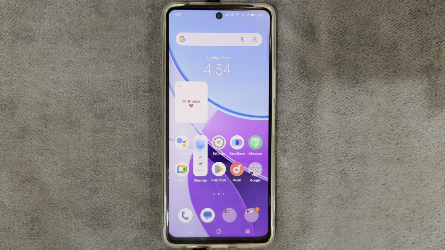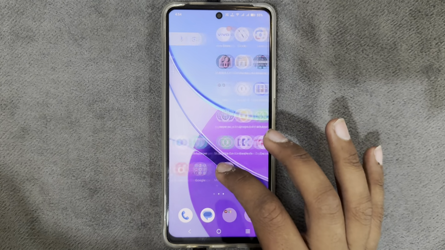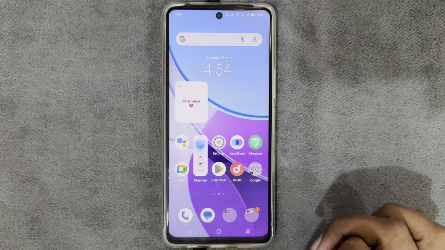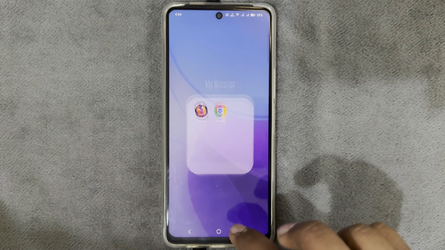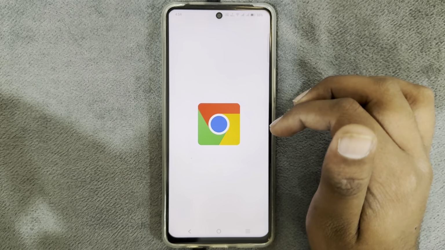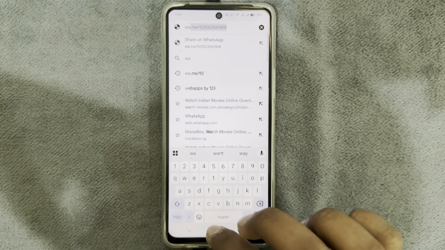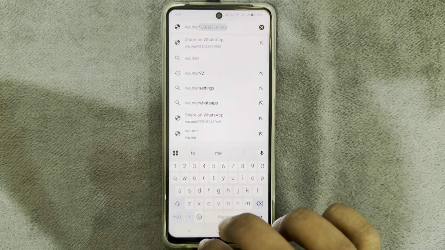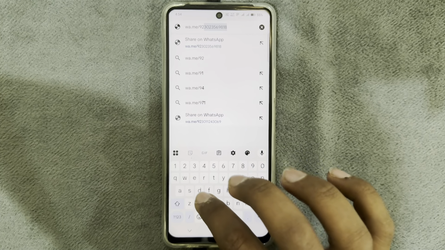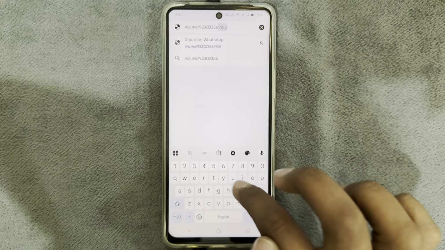So today I'm going to tell you how to WhatsApp an unsaved contact. If you want to contact your unsaved contacts on WhatsApp, you just have to open your browser and enter the code. Here you just have to enter wa.me/, then enter the country code, and after that enter the number you want to contact